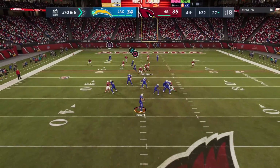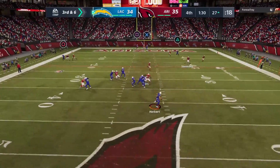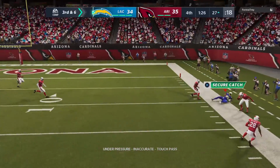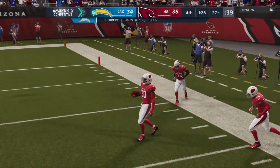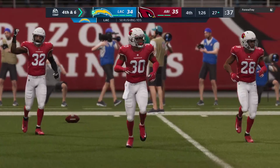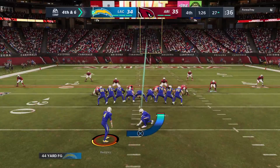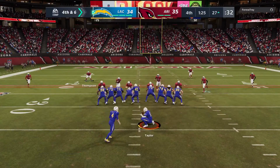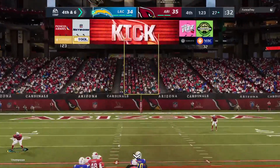They'll look to throw, eluding the pressure right. And this would have been intercepted if he could have gotten the feet in. He didn't, so it's incomplete. Boy, that one really could have turned this thing upside down. Well, they certainly did a nice job improvising there, extending the play, hoping someone would come open downfield, but they